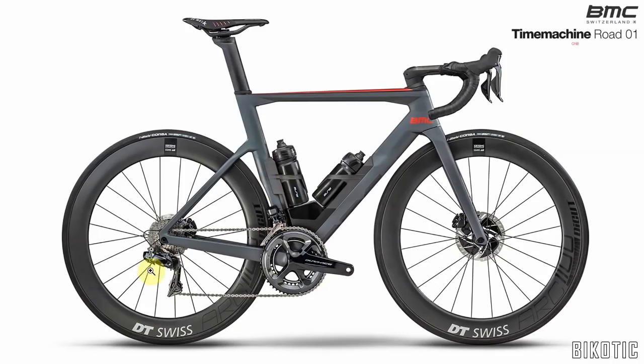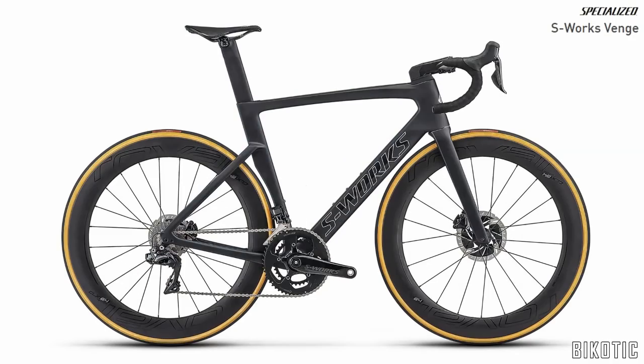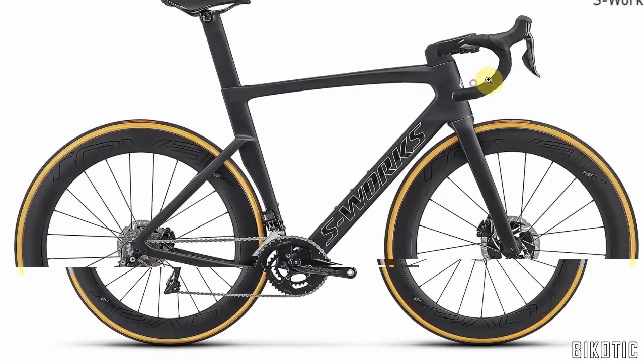Similar setup at the back, and immediately here, looking at the Venge, what you'll notice is it's a fat Tarmac, and obviously fat in one direction, because presumably from the front, if anything, the Venge is going to be thinner, I would think. Again, I'd have to wait and see, but I thought that was quite an interesting comparison. If we just zoom in here,